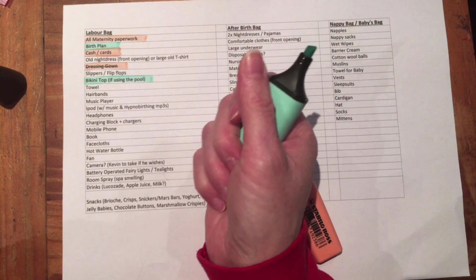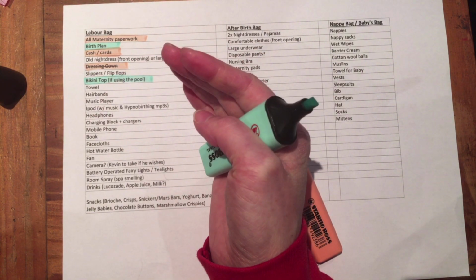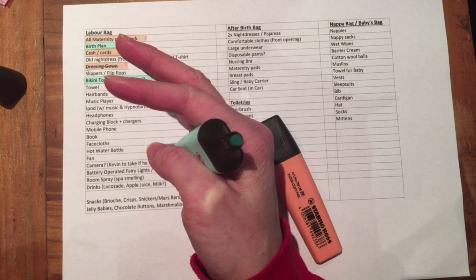But yes, it's useful to start with appropriate clothing. They also recommend, if you're just planning on giving birth in...